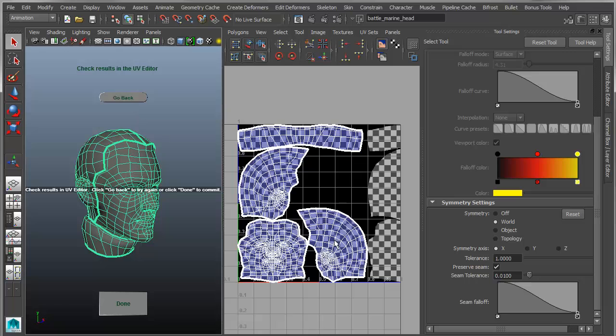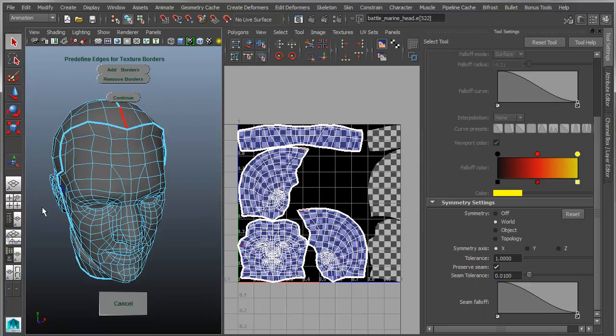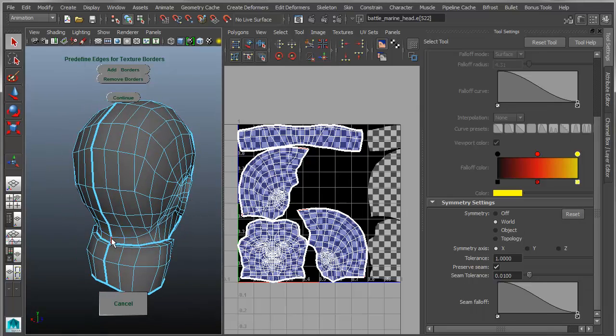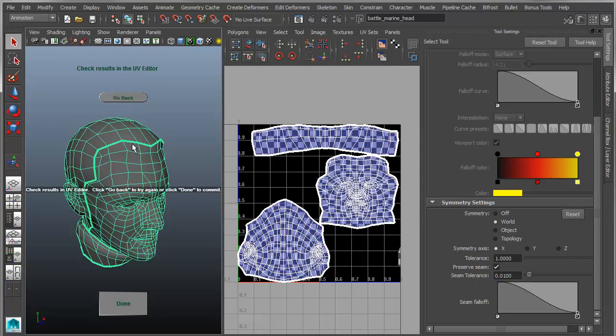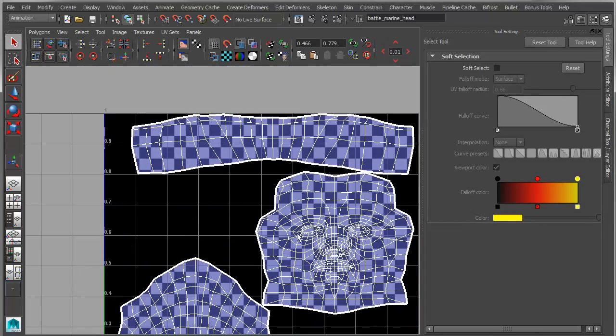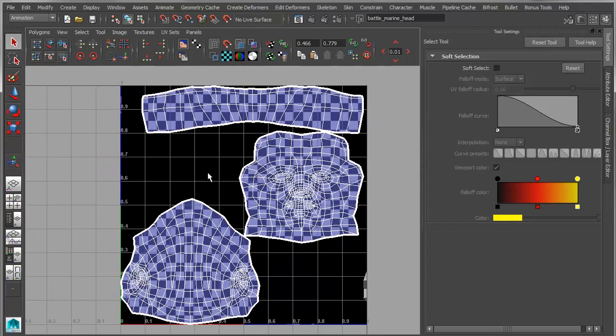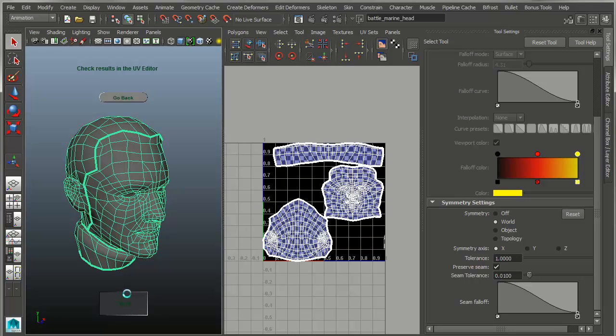Now likewise, if I want to add borders, I can. If I decide I want to remove borders, I can. So I can go back in the process and I can say, well, I really want to stitch this head back together again up to this point. So I'll just do an edge path selection. I'll say remove the border this time and continue, and it'll recalculate everything, giving me the resulting shells, which are basically the face laid out with the back of the head and the ears and the collar, all proportionally laid out based on the proportional pack algorithm. So when I'm done, I simply say click done, and I'm finished, and I can move on to the next